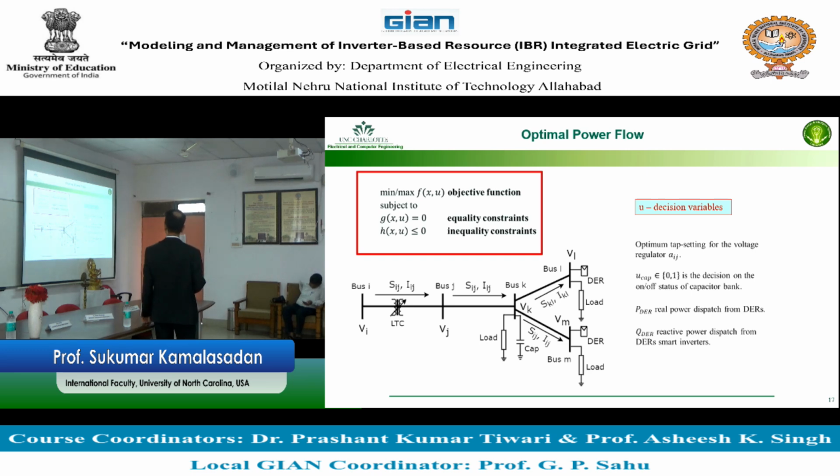some of the other variables. So one, you can have optimal tap setting for the voltage regulator, tap positions, decision on the status of the tap, DER real power dispatch, and DER reactive power dispatch. So these are basically considered decision variables. Remember, what is a decision variable? It's a variable that you are going to give as an input to the